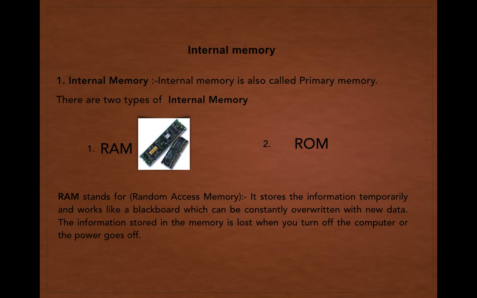It is constantly overwritten. One subject is done, then another madam will come and do another subject. So it is constantly written on the board. It is erased and written, erased and written. So we can compare it with the RAM. Now what happens is that when you start a computer, your whole operating system is loaded in RAM. Whatever application you open, it is first loaded in RAM. The more RAM you have, the faster your work gets.